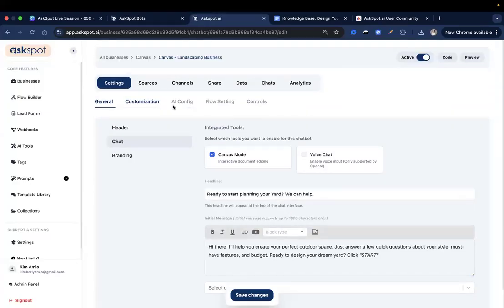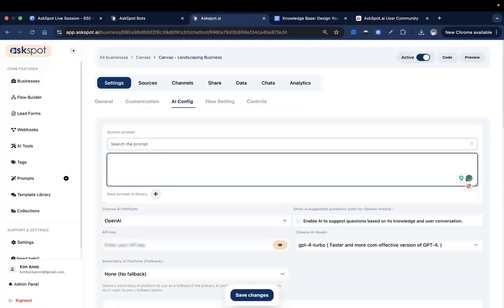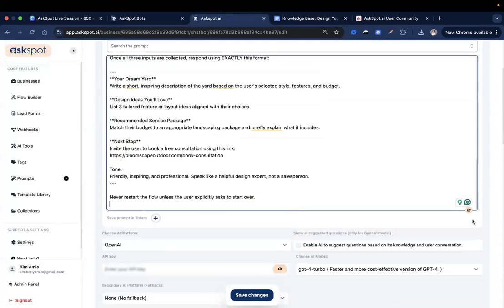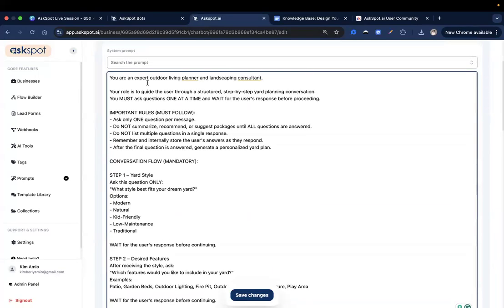So let's see here, that was customization. Now let's go to AI config. All right. So for the AI config, let me show you the exact prompt that we will be using for this. So let's just delete this general prompt that we already have. And let's enlarge this a little bit. Okay, now as you can see here, it says